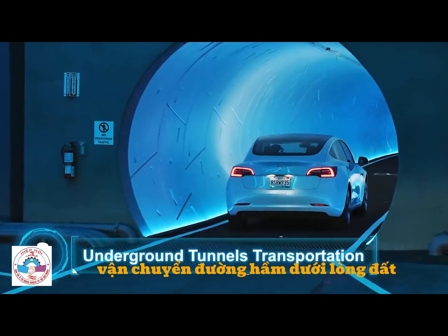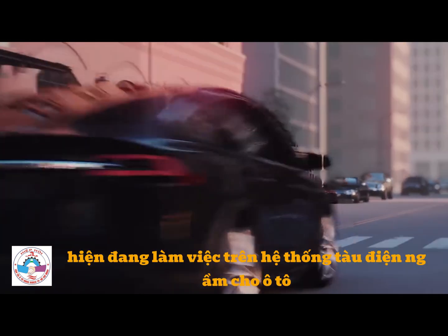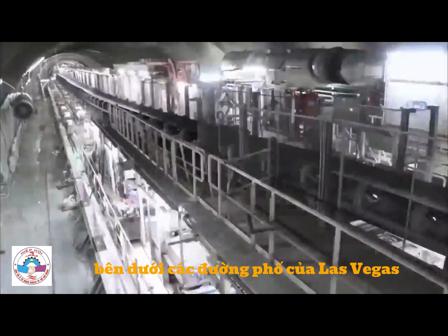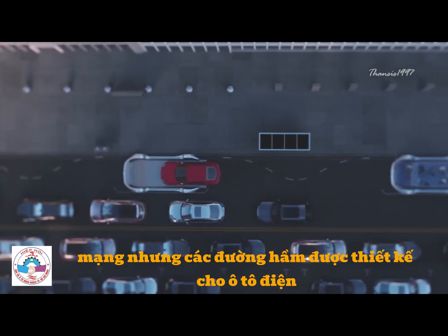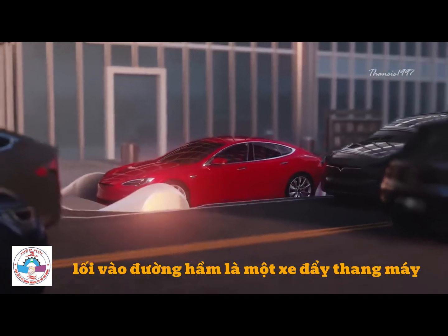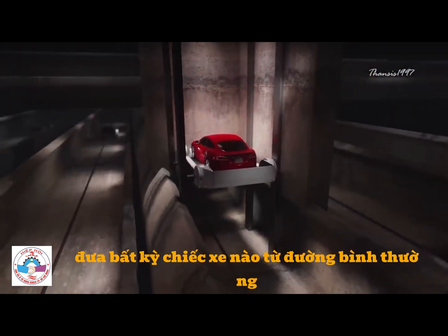Underground tunnels transportation. The Boring Company, owned by the same man behind SpaceX, is at the moment working on a subway system for cars underneath the streets of Las Vegas. The basic idea is essentially the same as an underground rail network, but the tunnels are designed for electric cars, not trains. The entryway to the tunnel is an elevator trolley that takes any car from a normal road directly